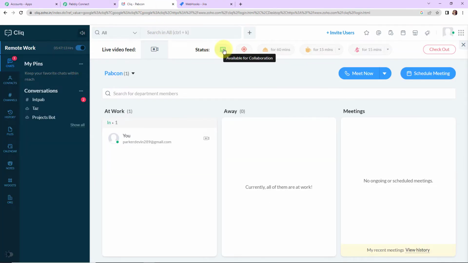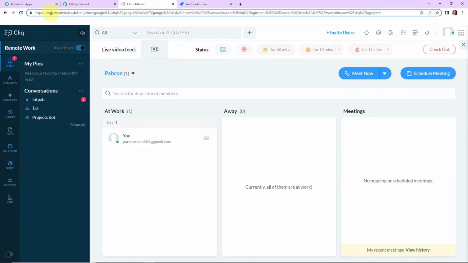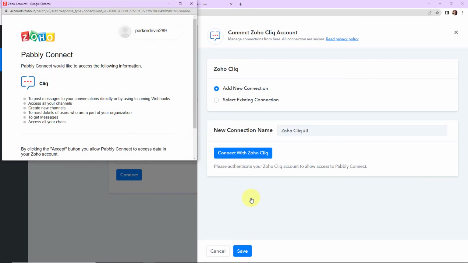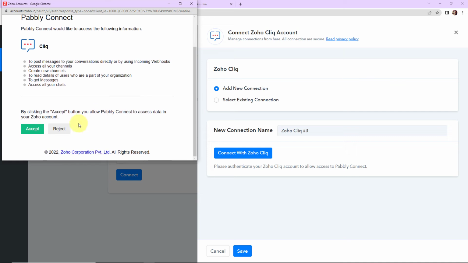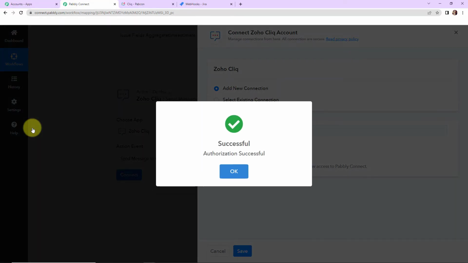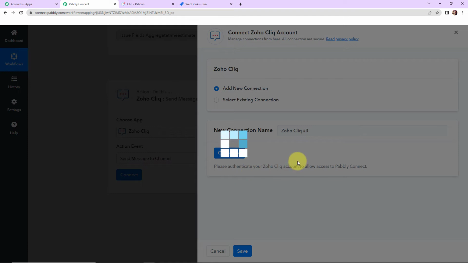This is my Zoho Cliq account. And here you can see what the domain is, zoho.in. So going back to Pabbly Connect, I'm going to quickly copy this and paste it over here and then click on save. Once done, I'm going to go down and click on accept. So here you can see that the authorization has been successful, which basically means that Zoho Cliq is now connected